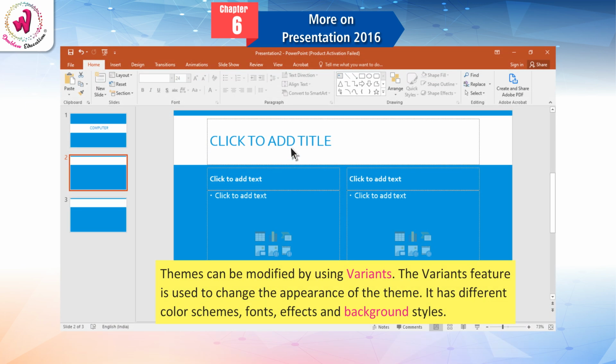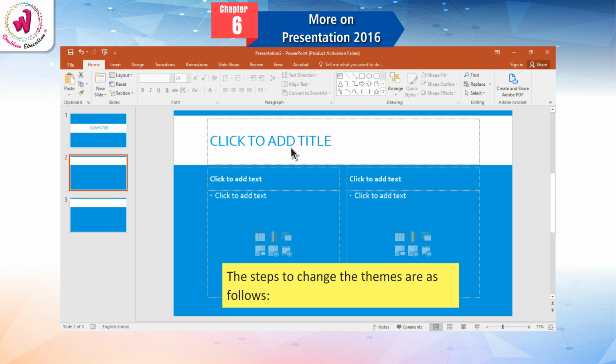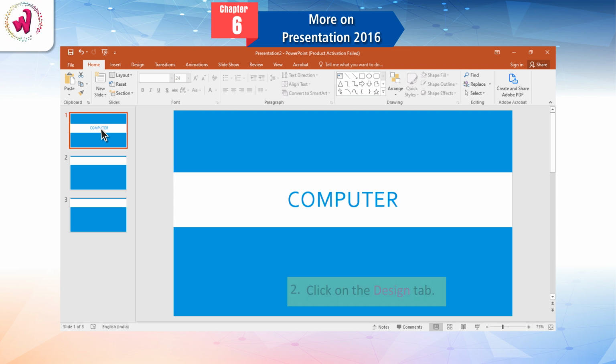Modifying themes. Themes can be modified by using variants. The variants feature is used to change the appearance of the theme. It has different color schemes, fonts, effects, and background styles. The steps to change the themes are as follows. 1. Select the slide whose theme you want to change. 2.